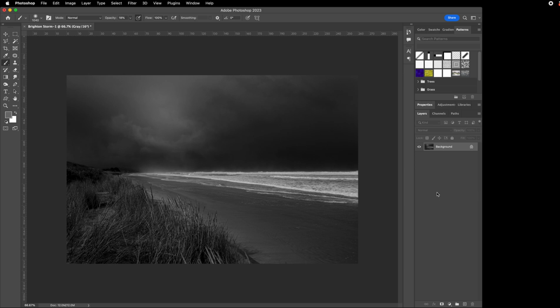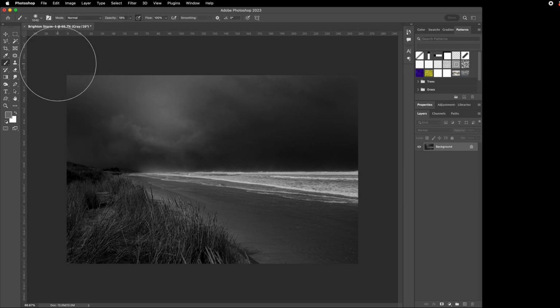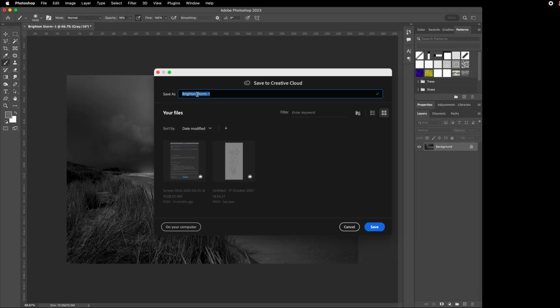The next stage we'll want to do when we get to this point is we're going to want to save it. Now we've got further edits to do, but we're just going to save it to begin with. And so we'll go up to File, and we'll go to Save As, and we've got a name. We're going to rename it, and now you'll notice